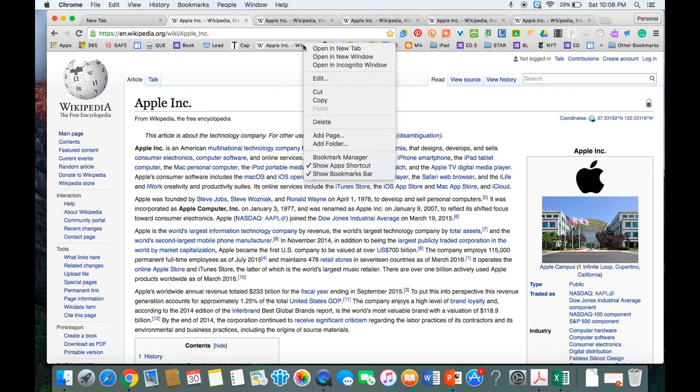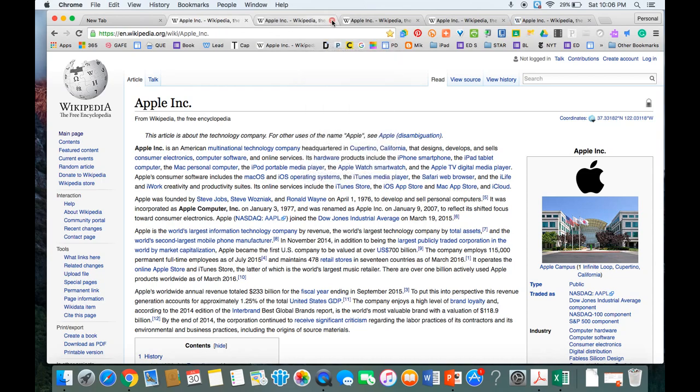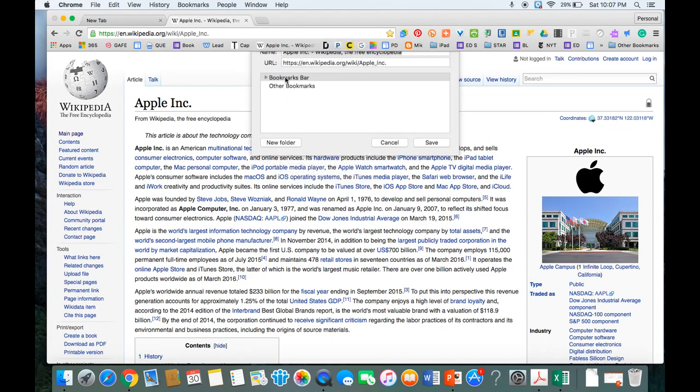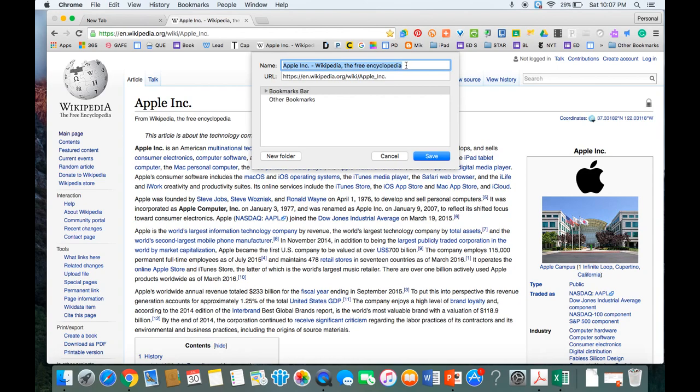control click. I don't know what I was thinking. Let me get rid of these. I don't need all those. Goodness. It's doing the wrong thing. You got to do the right click. I'm on the Mac, so I do a control click. Sorry. But if I do edit, again, you'll see I can actually just take that right down to whatever I'd